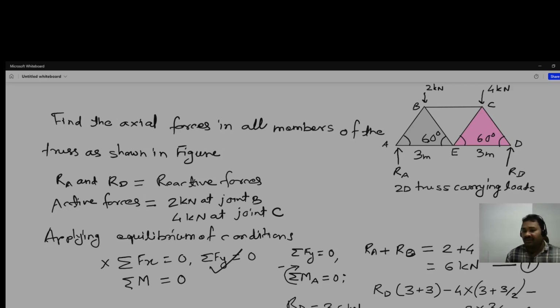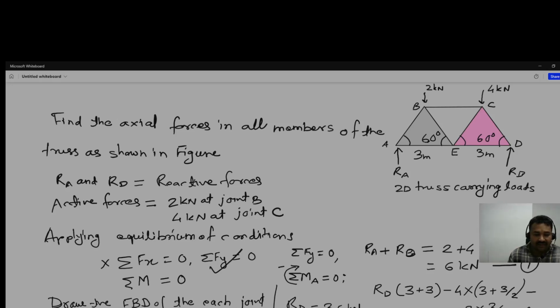In this way, now we have values of both the support reactions. Now next we have to draw the FBD, free body diagram of each joint,